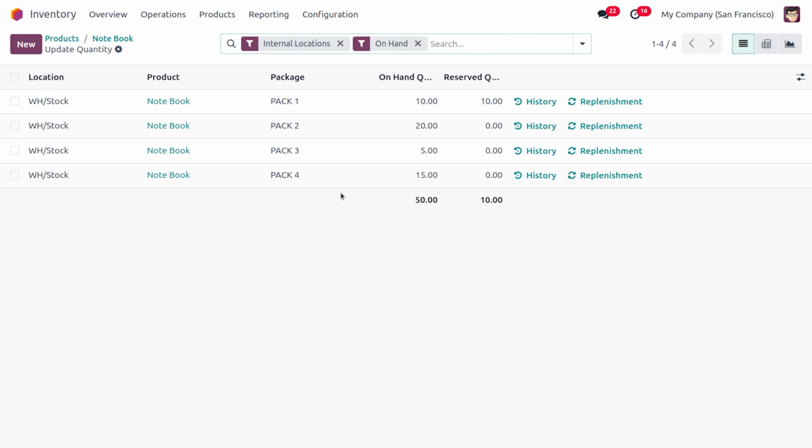So if the customer is going to place an order for 30 quantity of a book, then it would choose pack 1 and pack 2. If the customer is going to choose 35 quantity of books, then it will be taking from pack 2 and pack 4. So Odoo will always go with the open package in the case of the least